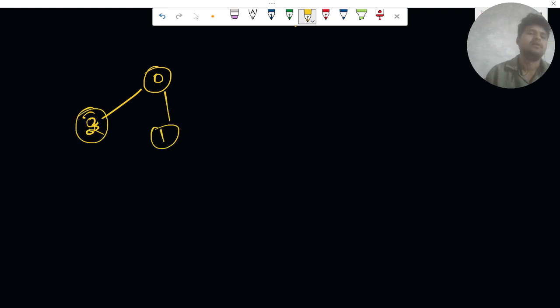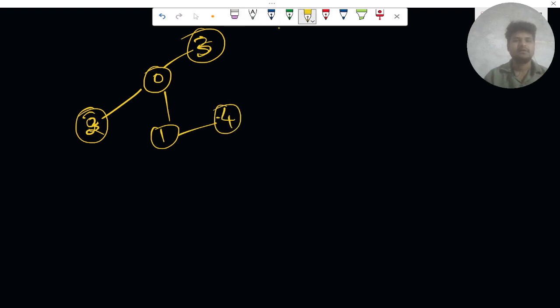So let's take 0, 2, this is 1, and this is 3, and this is 6. Not 6, what I'm doing. This is 4. Now how many nodes do we have? N equal to 1, 2, 3, 4, 5. We have 5 nodes, so we will create